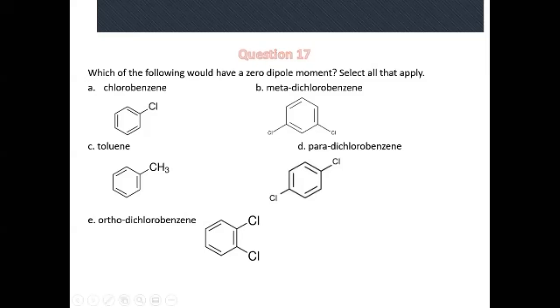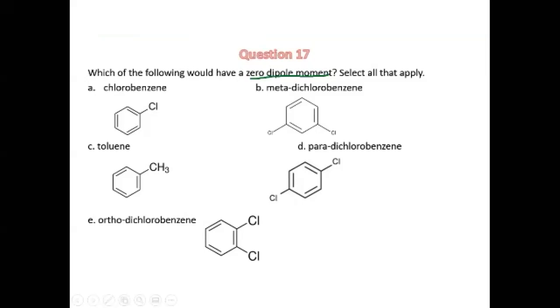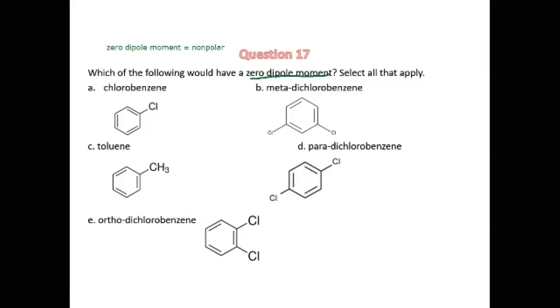So here we have a series of organic compounds, and we want to know which of the following would have a 0 dipole moment. And if you remember from Gen Chem 1, 0 dipole moment means it's going to be nonpolar. So when you look at these molecules, you want to see, okay, which one of these would be nonpolar? Those are the ones that are going to have a 0 dipole moment. So now if we look at each one in depth,